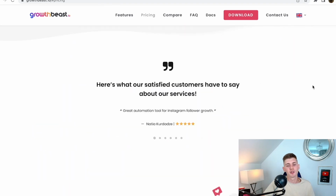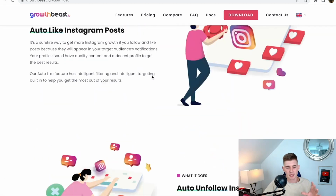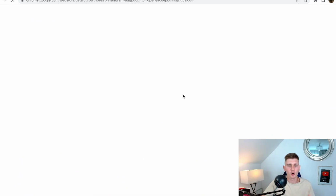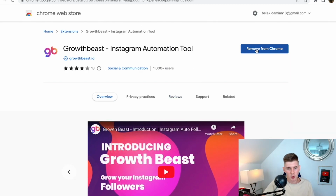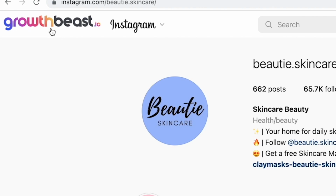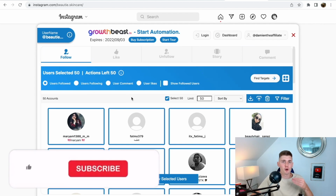But guys, all you have to do is download this simple Chrome extension. So click on available in Chrome or Mozilla. Make sure to download it to your Google Chrome. And now once you have it, go back to Instagram. And now you can see growbeast.io is up here in the left corner. And when you click on it, you can see, guys, that you can start following and unfollowing users from this